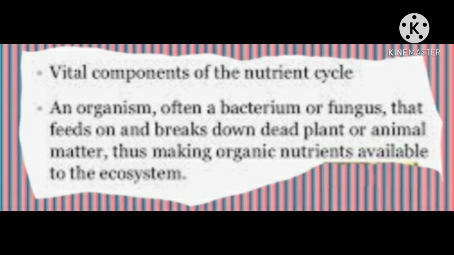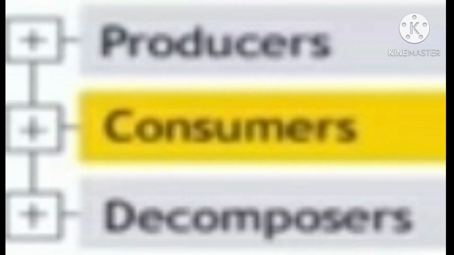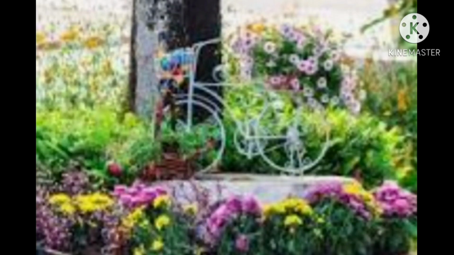Thus, the biotic components include producers, consumers, and decomposers. Now you know an ecosystem consists of biotic components and